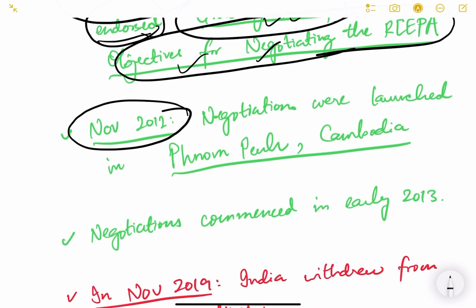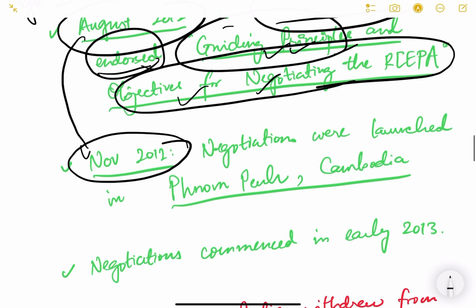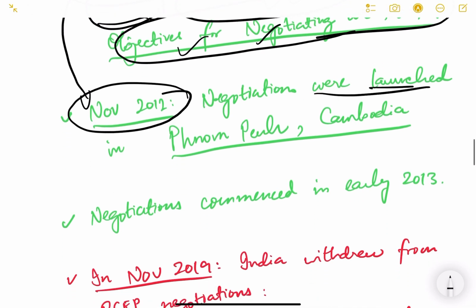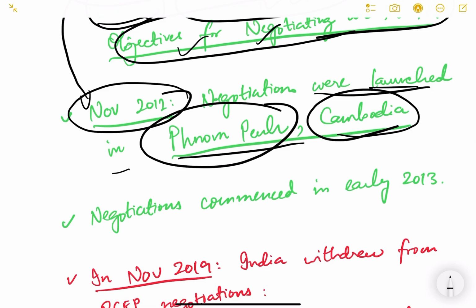Then in November 2012, just after 3-4 months, negotiations were launched in Phnom Penh, Cambodia. Phnom Penh is the capital of Cambodia. This is pronounced as Phnom Penh. It is the capital city of the country of Cambodia. Cambodia is one of the 10 countries of ASEAN. Okay, Cambodia is an ASEAN country. So in 2012, negotiations were launched in Phnom Penh,